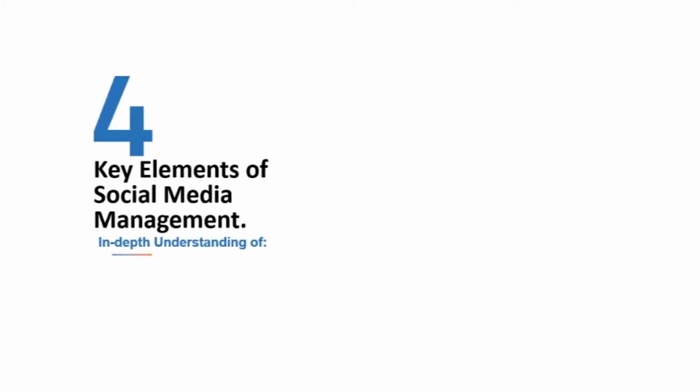Alright, so let's look at 4 key elements of social media management. You need to have an in-depth understanding of who your target audience are. So if you're having a new client, one of the first things you have to find out is who your target audience are, because it really helps simplify your job. And when you're building your strategy or building a system, you're building a system around a specific target audience. I'm not just talking about knowing demographics, knowing their age, sex, location, region, knowing what mobile devices they use. You need to go deeper to understand psychographics, like their preferences and their behavioral patterns.